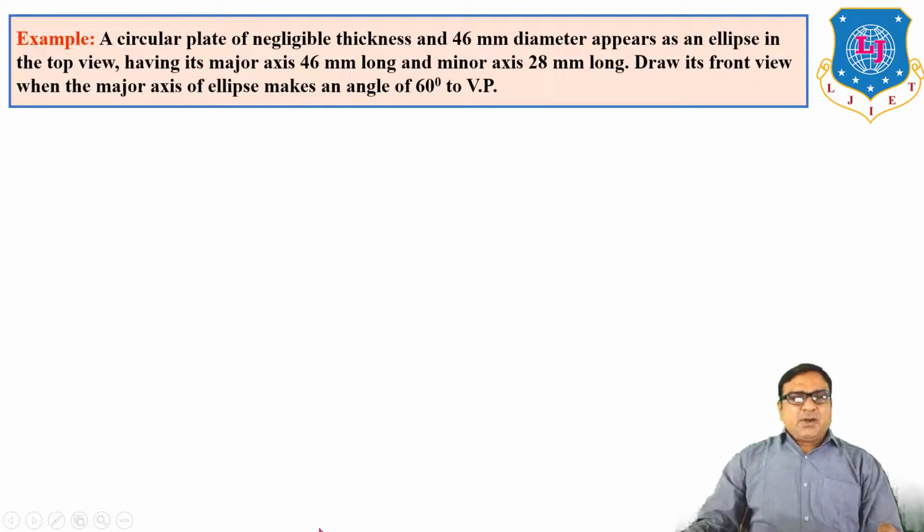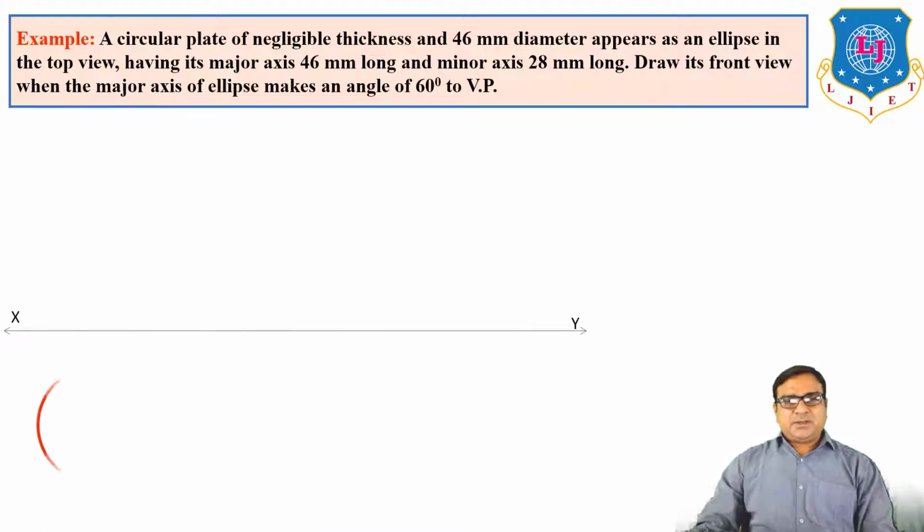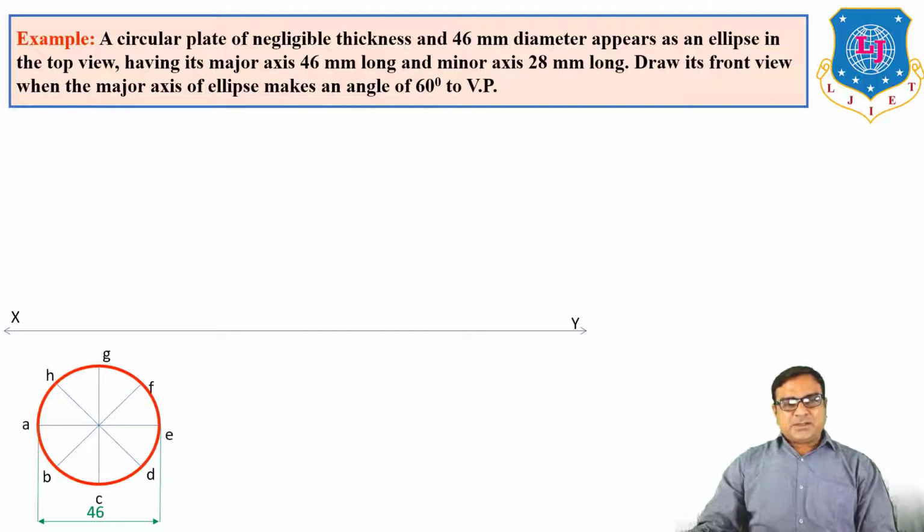So here, circular plane, first of all we have to put the circular plane on HP. So top view is a circle of 46 mm diameter. Divide the circle into n number of equal parts. Here we are dividing into 8 parts. Give A, B, C, D, E, F, G, H points. Take the projection on vertical plane to obtain A dash B dash, and the front view is a line, the top view being the true